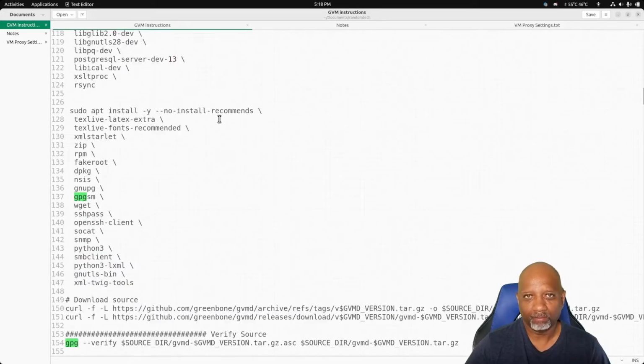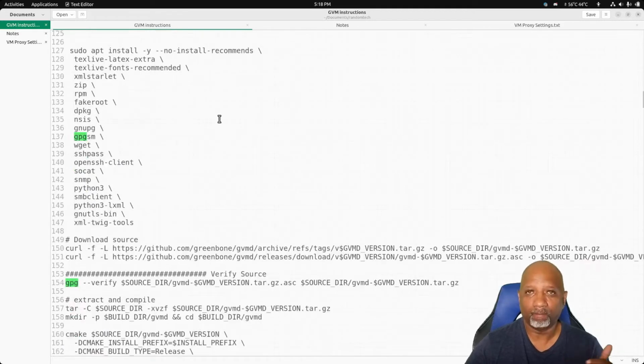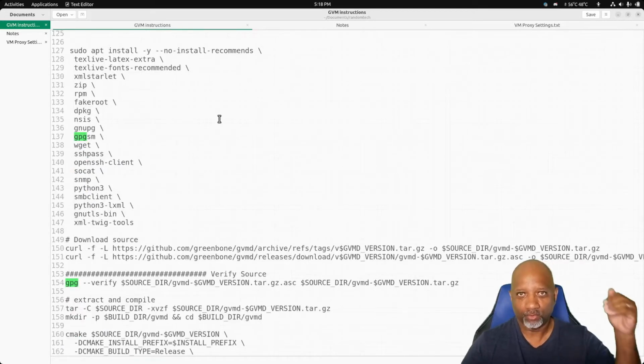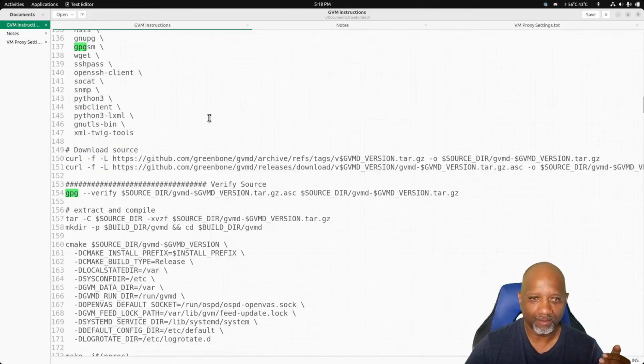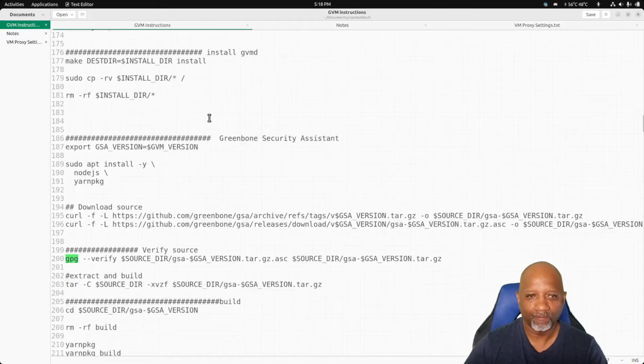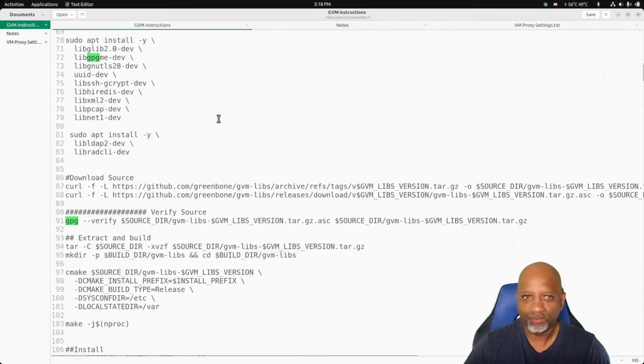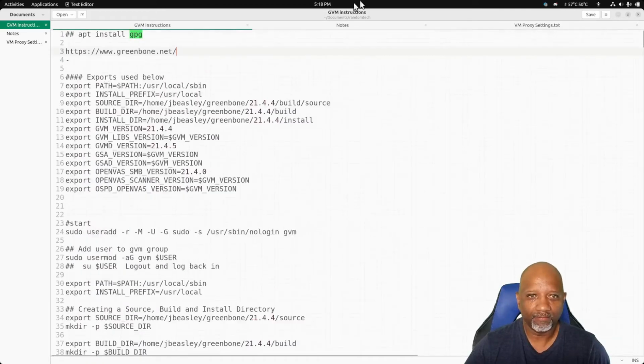There are certain parts where it's trying to compile, and I'm going to paste in the compile step, and then let that compile step finish just to make sure I don't have any errors. If I do come across any errors, I have to stop, figure out what that error is, and then continue on. So I'm going to have my notes off to the left here,